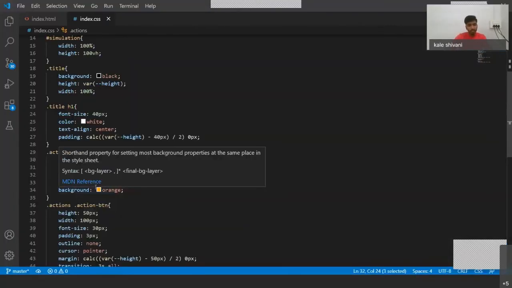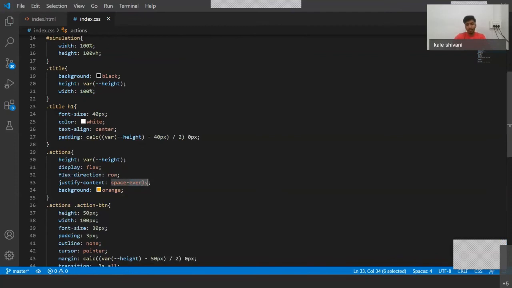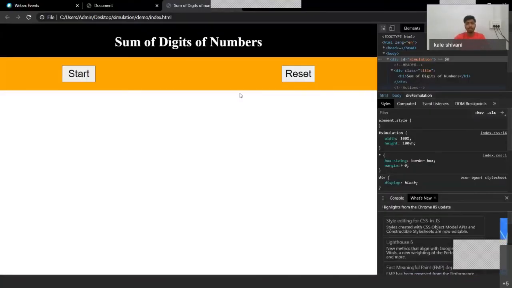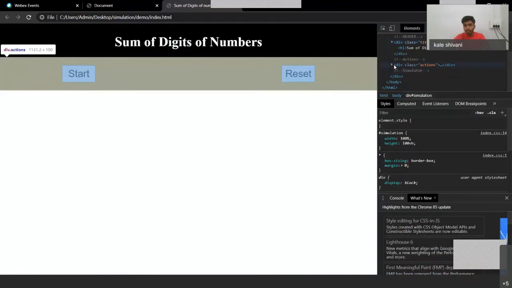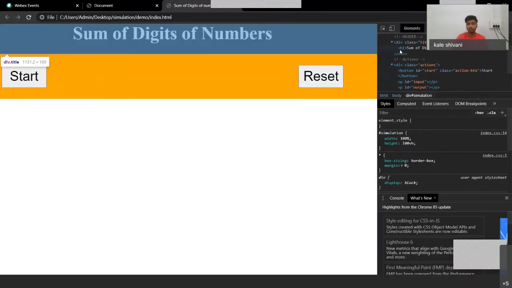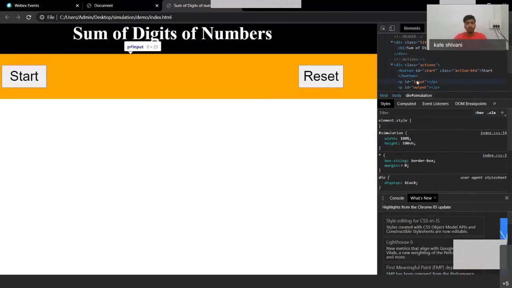The next thing is justify content. Right now I specified space evenly. Since there are two paragraphs here, let me show you. Okay, right now you can see it is very small. You can see the p hash input and p hash input, the two elements, are in between these two buttons.